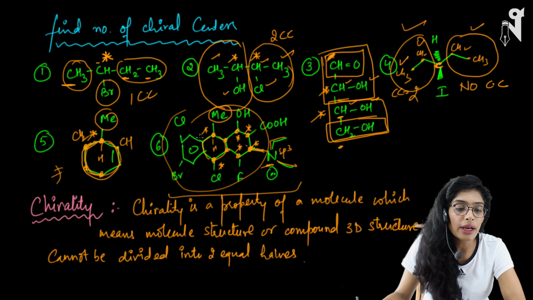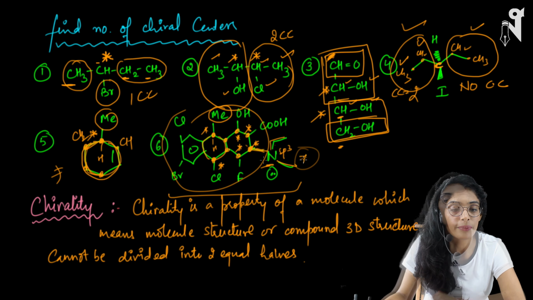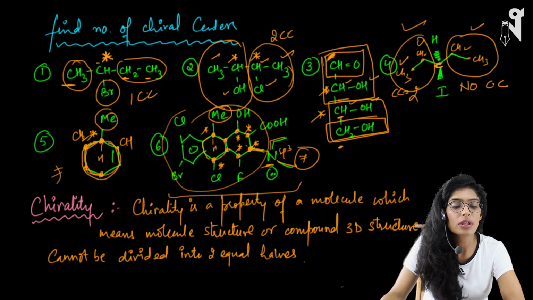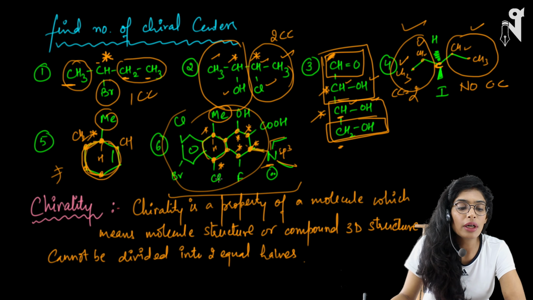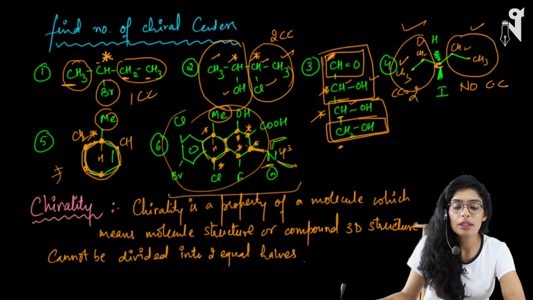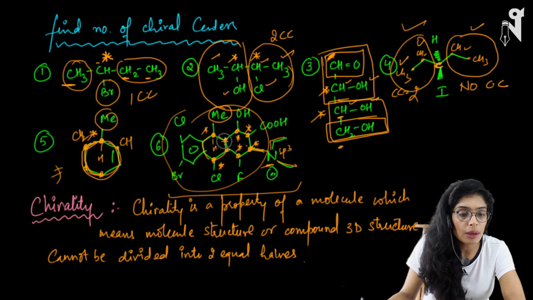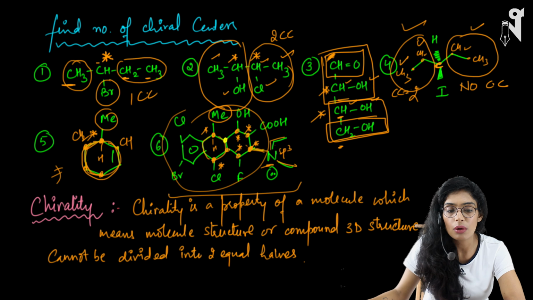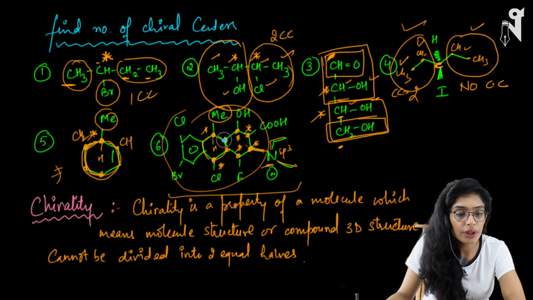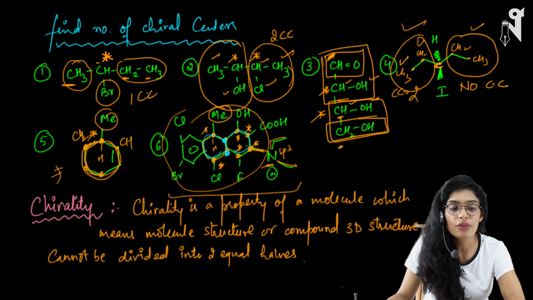So how many total chiral centers? 1, 2, 3, 4, 5, 6, and 7. My bad, not 7. Apart from that, do we have any other chiral centers? Let's see. So look at this carbon over here. I have not spoken about this carbon at all. This carbon has one group attached like this, another group attached like this. Both of the groups are different. Then it is attached to a carbon over here, which is also different. And then there is hydrogen. So this can also be a chiral center, and this can also be a chiral center.